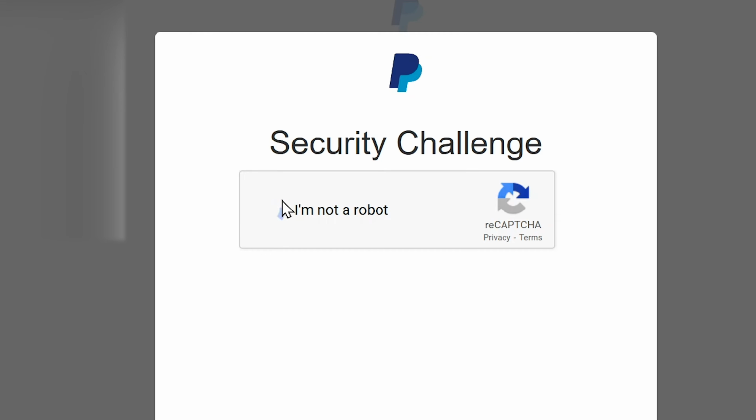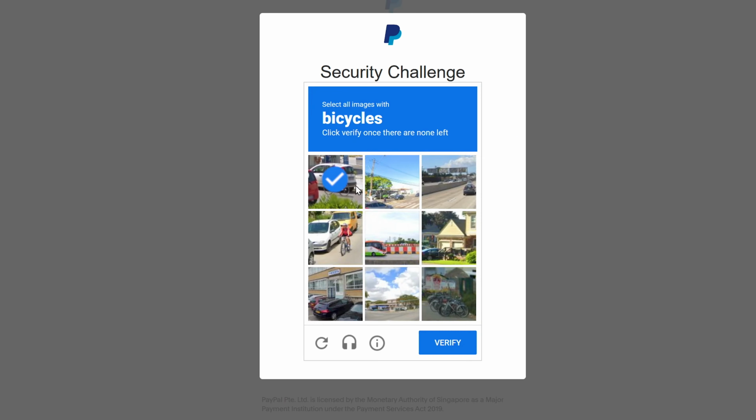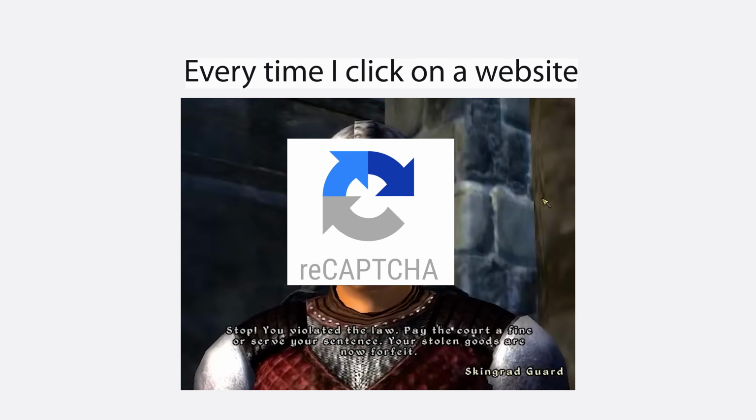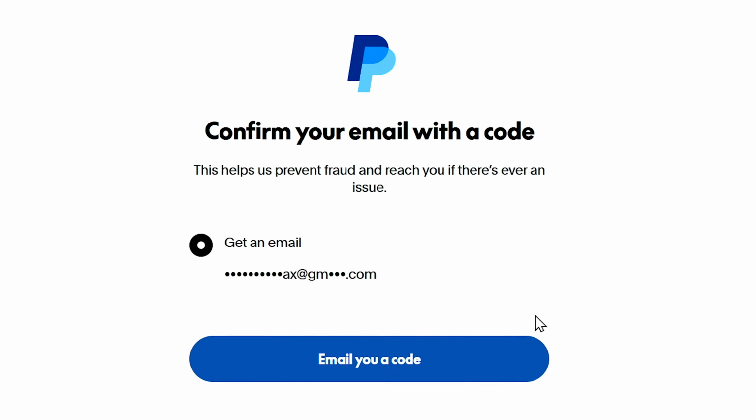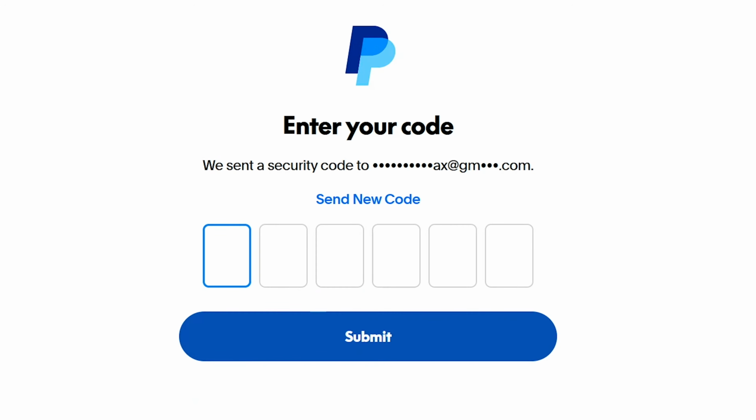Then of course, we have to prove to the machine that we are not machines. Shout out to reCAPTCHA, the internet's most useless bouncer. Stop! You violated the law. To confirm your email, just click on send code, then enter the one-time PIN sent to your email into the